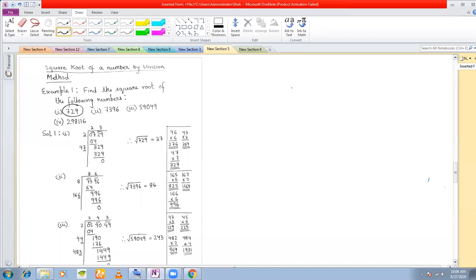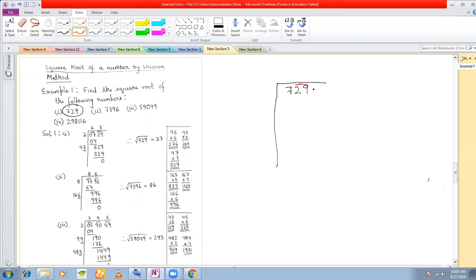Okay. So what you do here is, first of all, in division method, you write 729 and you make your column and the row for division. Next, what you do is you see that there is a decimal point here, isn't it? And then the zeros will follow after 729. So what you do is, the number that you have before the decimal points, you start pairing them. You give bars like this.